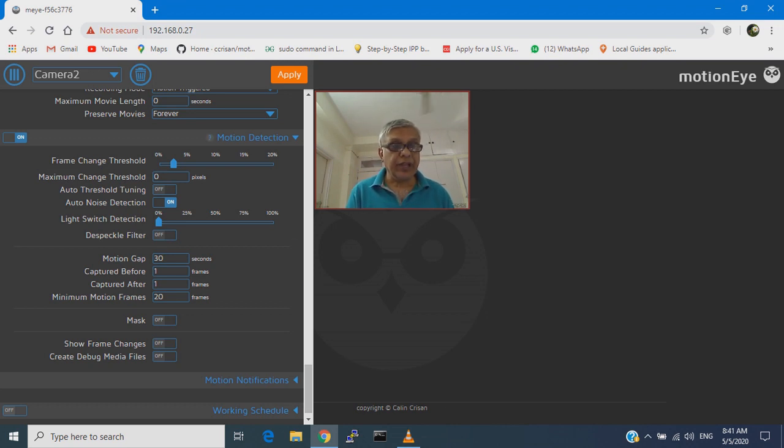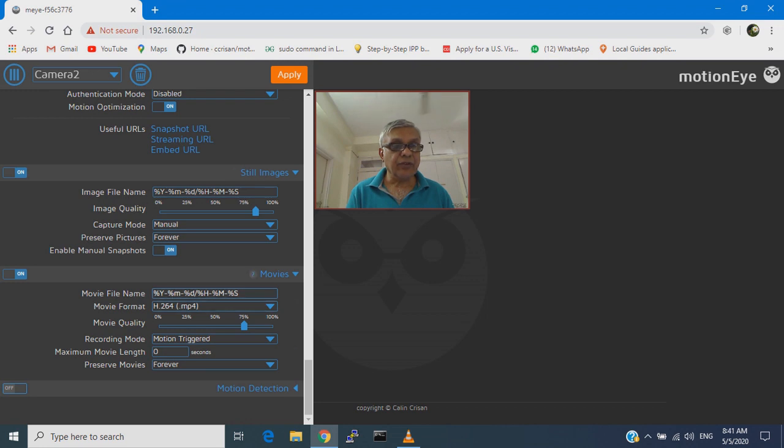So here are the settings, the frame change, the maximum change threshold, and all those things. So if motion detection is on, these settings will work. If this is off, then motion detection will not happen. So put it on.